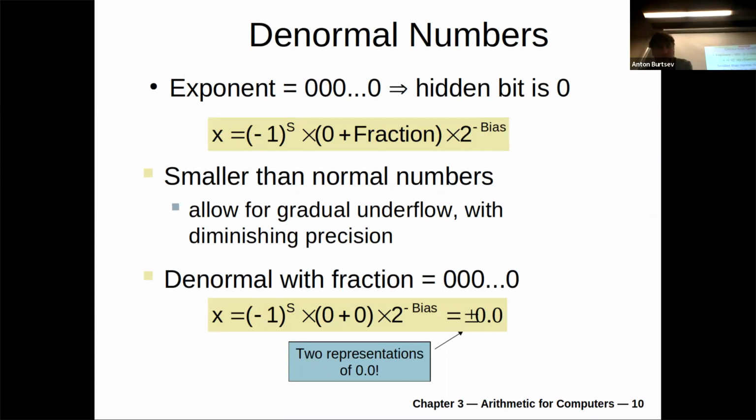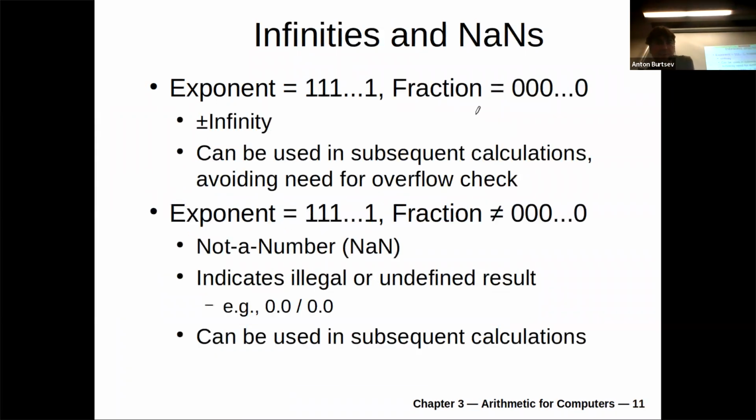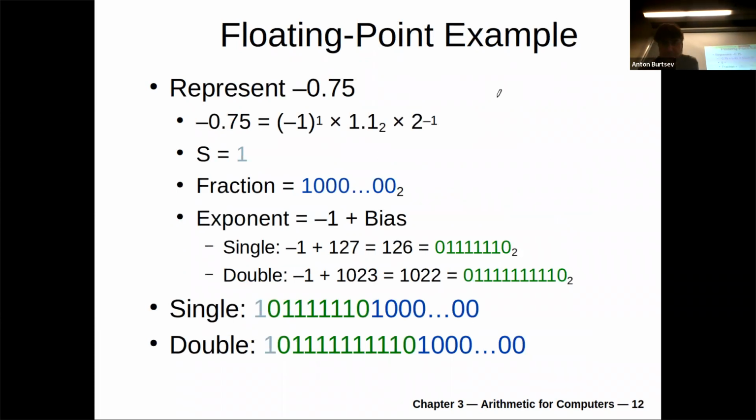So, I have a slide for this, the denormalized number. Essentially, if your exponent is all zeros, then you say that your hidden bit is 0. That's what I was trying to explain. Then it's just hidden bit plus fraction, minus the bias, right? And essentially that's your denormalized number, which they allow you to have around. That's again a slide which covers all these special cases: not a number, positive and negative infinity.